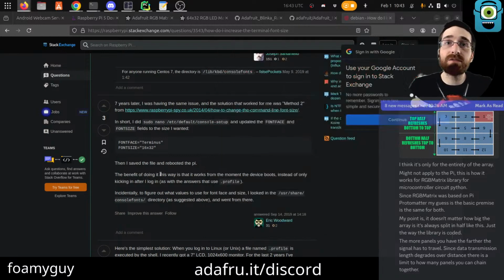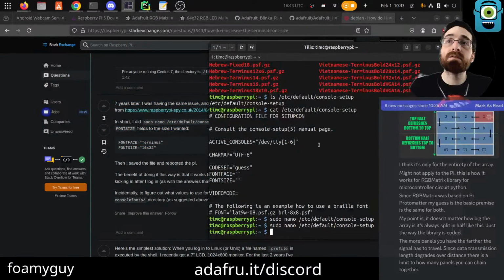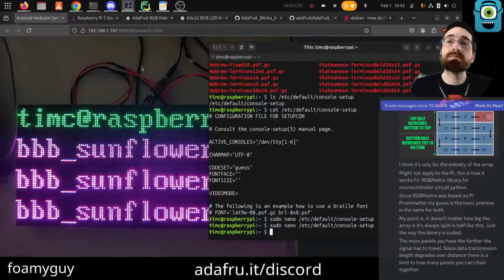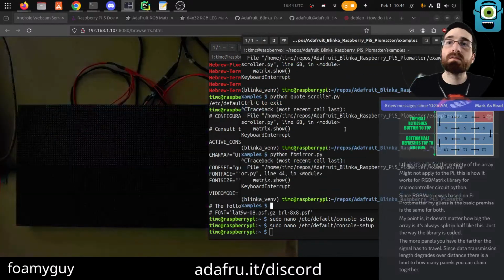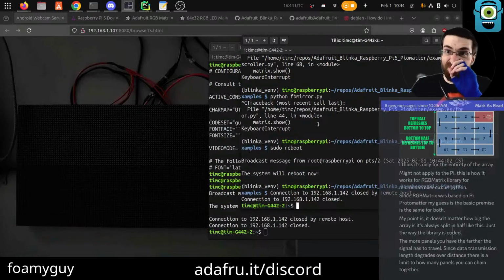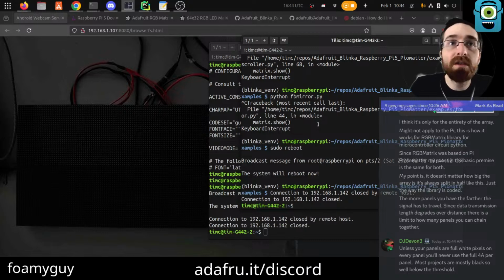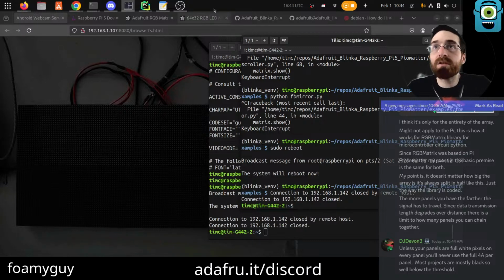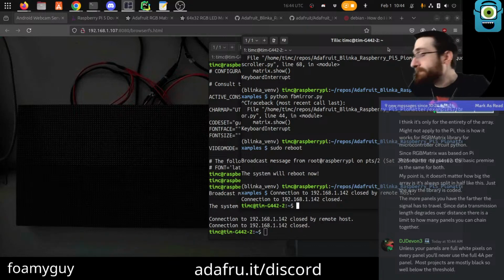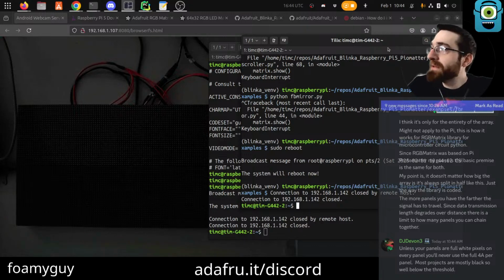And I guess you would need to save and then reboot. Stop that. Reboot. And then I have a screen. I have the HDMI screen, which I can see, which is over here, but you all can't because the camera can't go that far. But I can tell when it reboots.